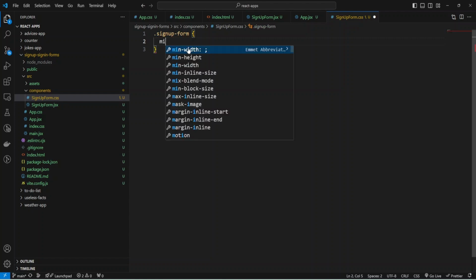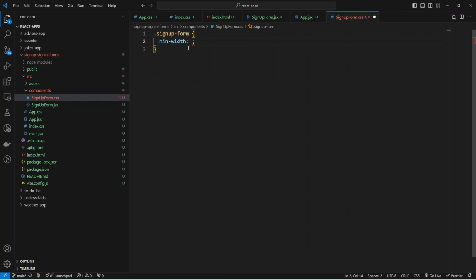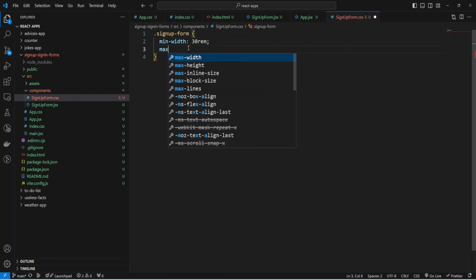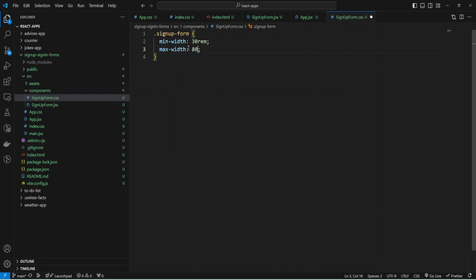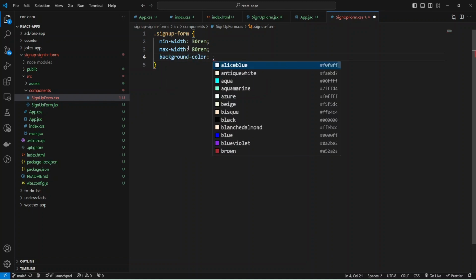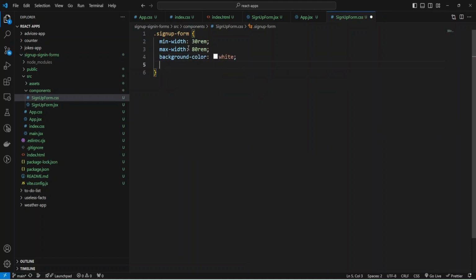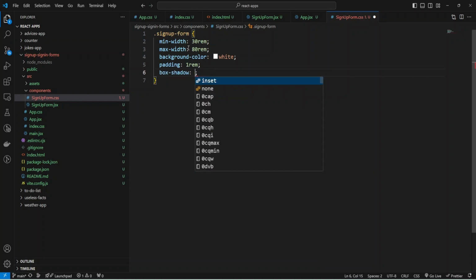And I'm going to make min width like 30 rem, and max width will be 80 rem, and make background color white, and also add some padding, 1 rem for all sides, and add box shadow 0.05 pixels, and provide some hex blue color, something like that.